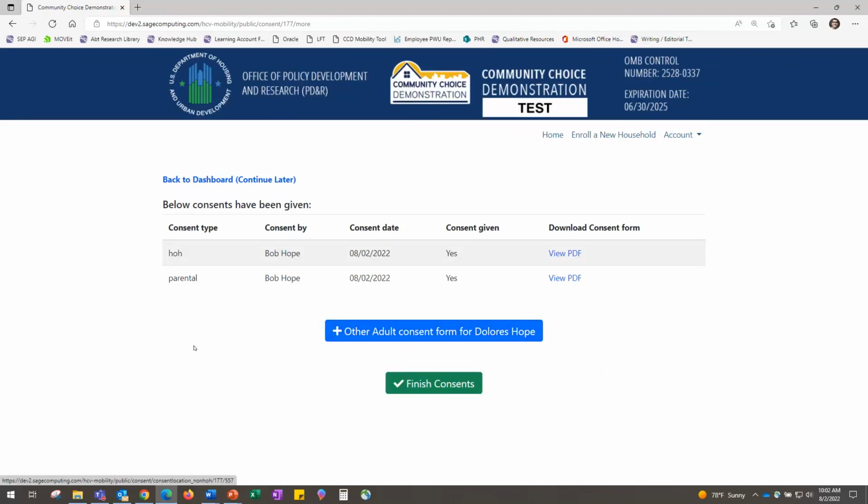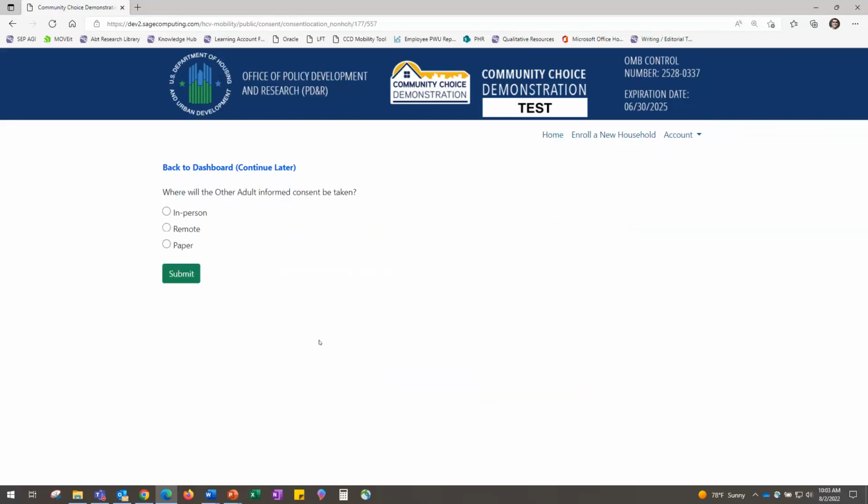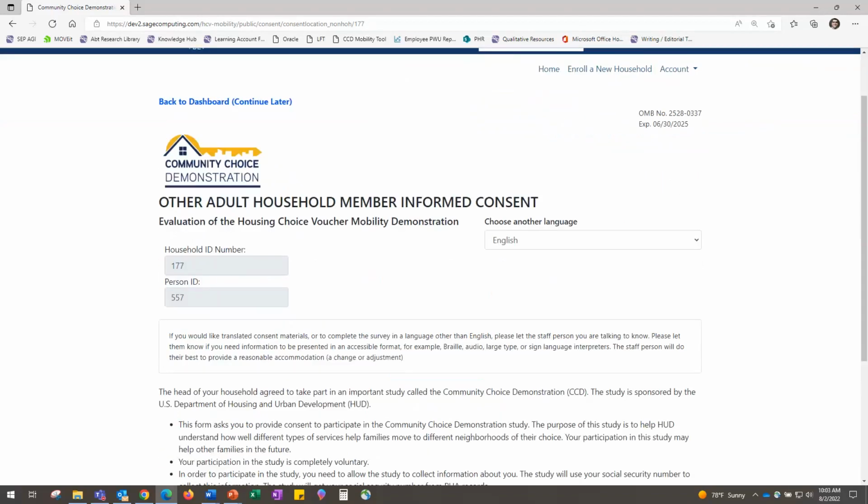However, let's say Dolores was not present in the meeting, you would just click finish consents and add that other adult consent form at a later time. And I'll show that with a different example, but for this scenario, we'll say that everyone in the household is present at the in-person enrollment meeting, so we can add the other adult consent form, select in person, and see that